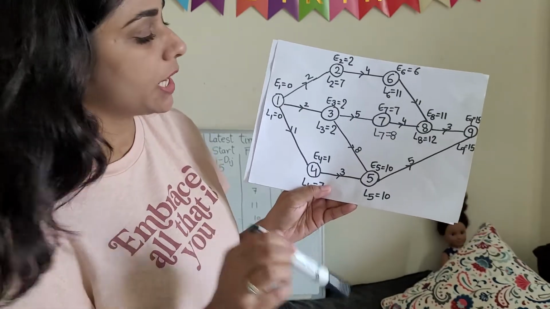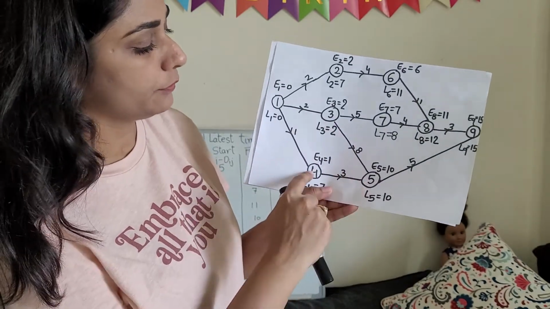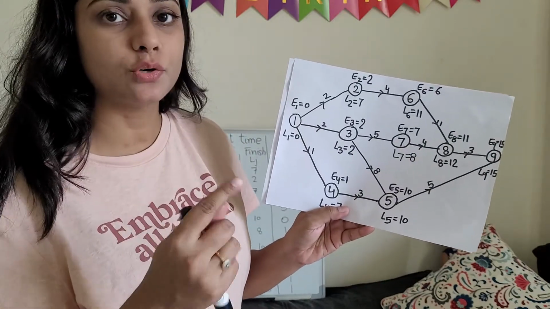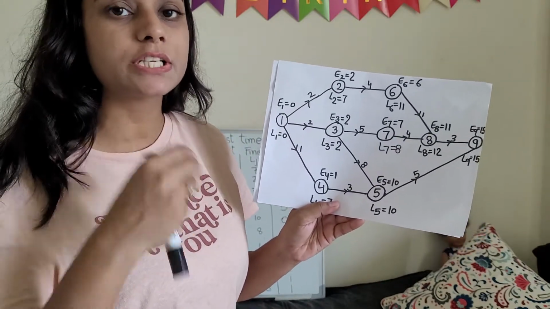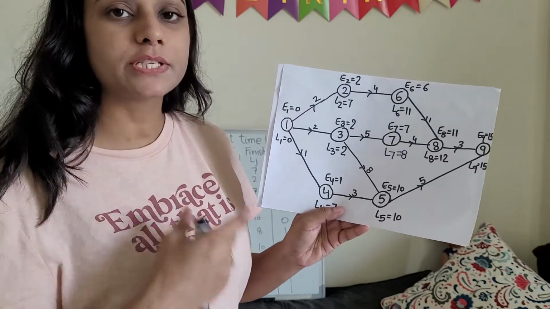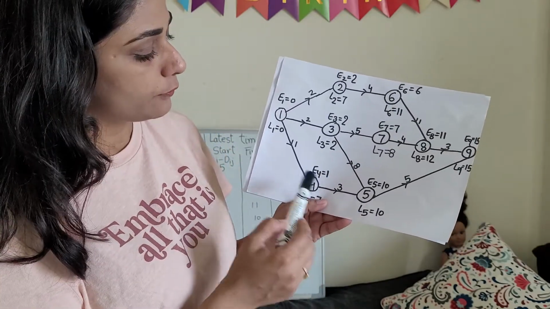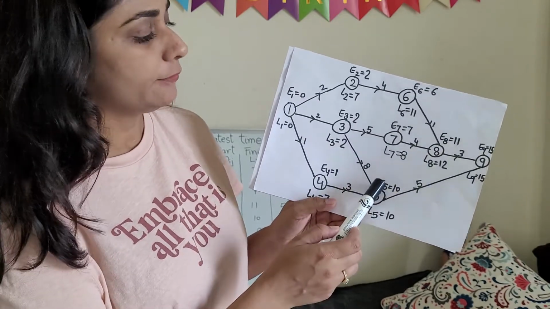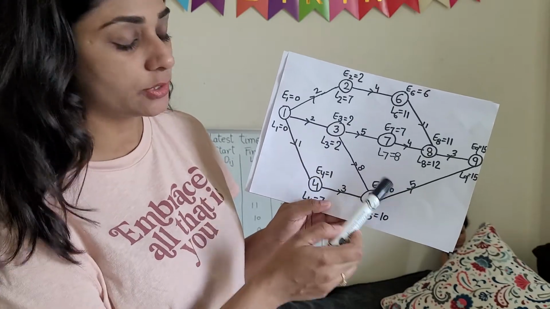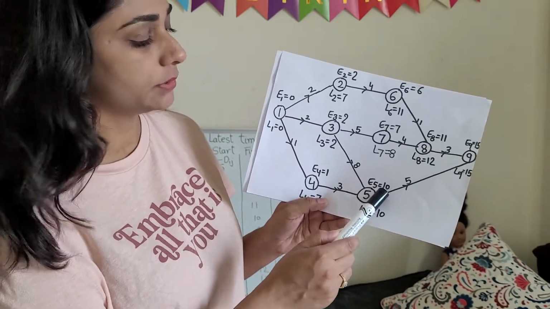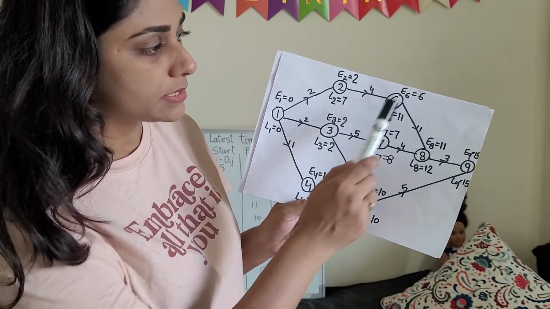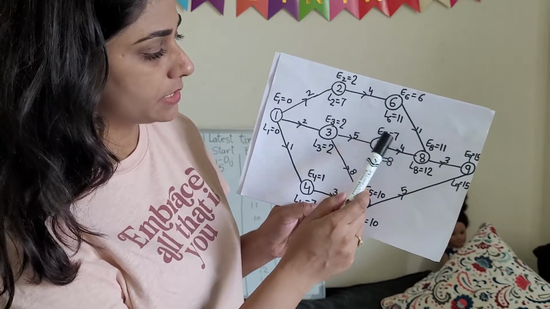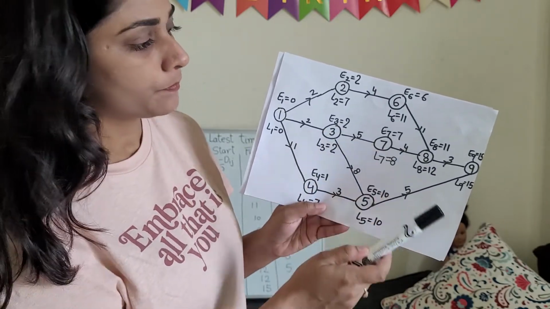And here pay attention guys, two activities are merging here, 4 to 5 and 3 to 5. So as I told in my previous video, to calculate the earliest time, we will select the maximum, the longest one. So for 4 to 5, E5 will be 4, and for 3 to 5, E5 will be 2 plus 8, 10. So 10 is maximum, so we will select this one, 10. After E5, E6. E6 equals 2 plus 4, which is 6. Now E7 equals 2 plus 5, 7.